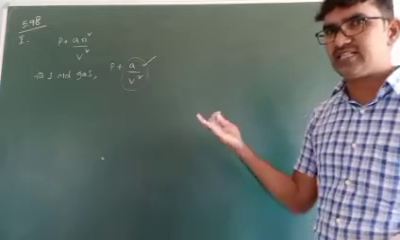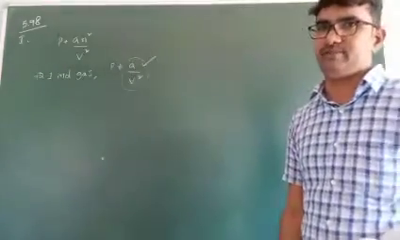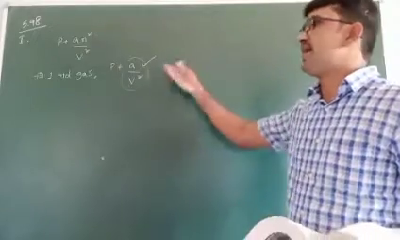That pressure increasing or decreasing, everything depends upon this one, a by V square. For n moles of gas, a n square by V square. Next,